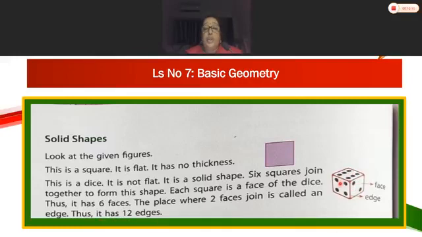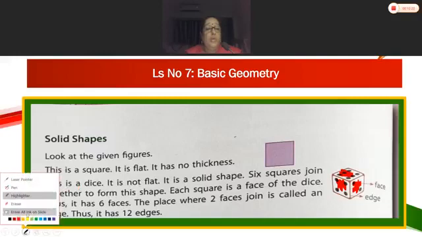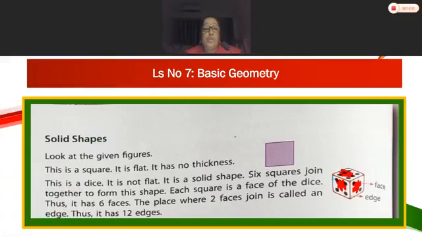Okay. Now, here you can see the faces. Now, it has 6 faces. 1, 2, 3. Okay. So, from the other side also 3. Then, edges we will see. 1, 2, 3, 4, 5, 6, 7, 8, 9. And from the other opposite side, there are 3 more edges. So, there are 12 edges together. Okay, we have seen the faces and the edges.